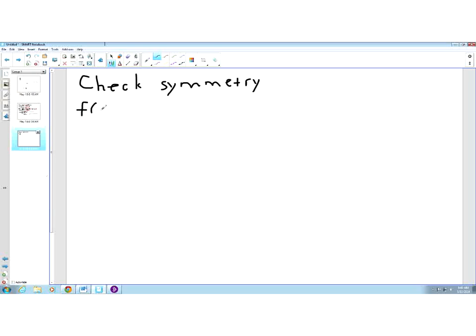So we need to check f of minus x. So what is f of minus x for this rational function? Well, it would be minus x quantity cubed minus 8, divided by minus x quantity squared minus 4,